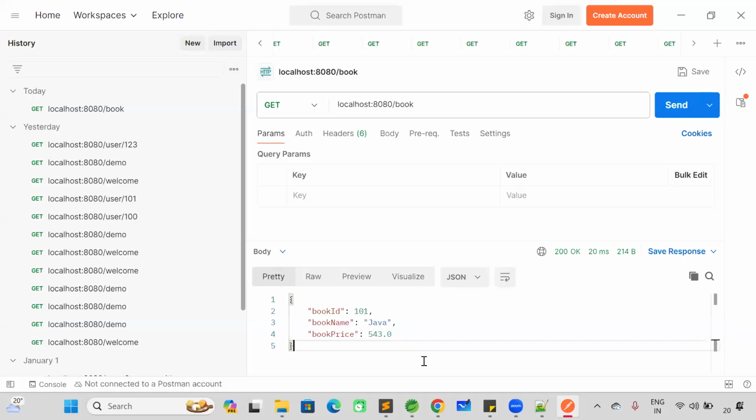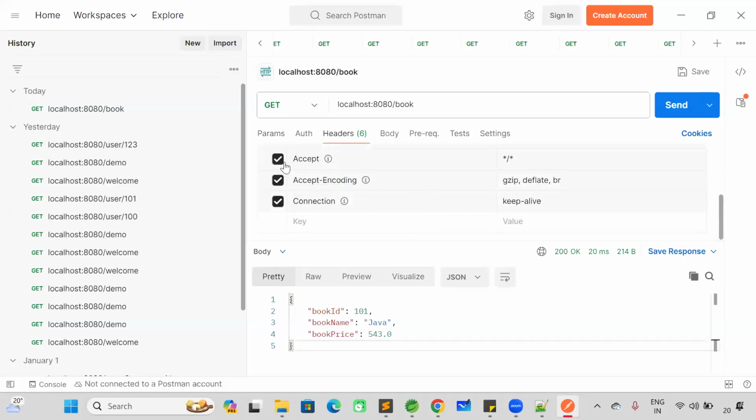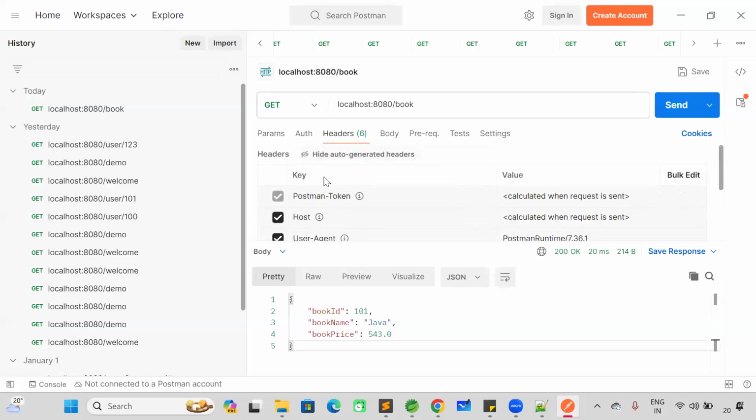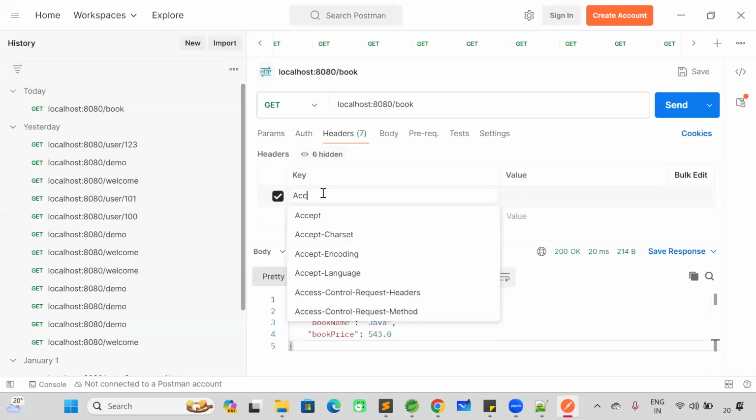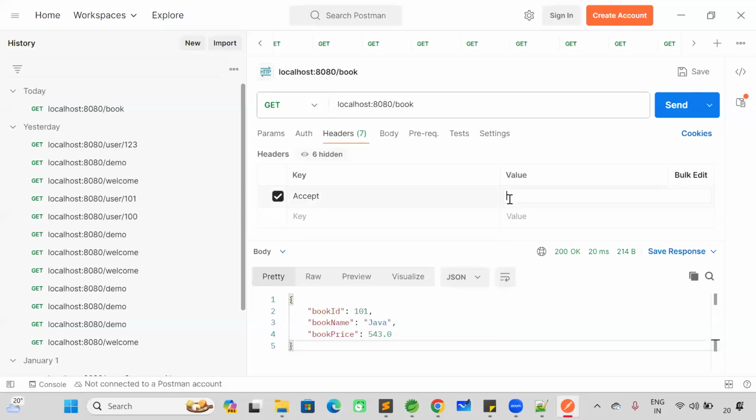How to send that accept header? Observe here. Go to the headers section. Here accept header is available. Here we need to specify the accept header. We need to specify the GET request. We need to specify accept. Accept is equal to